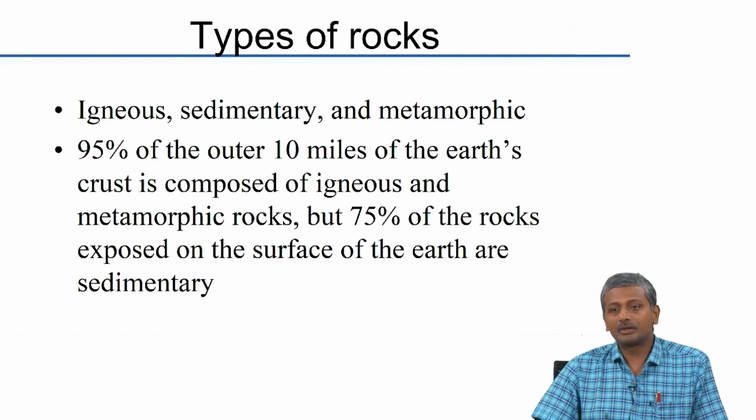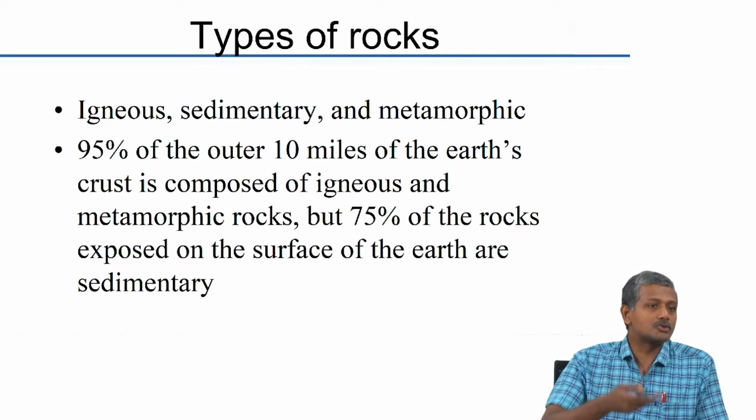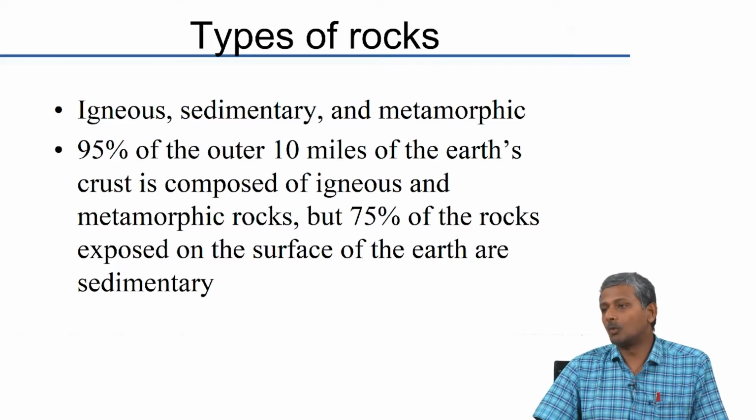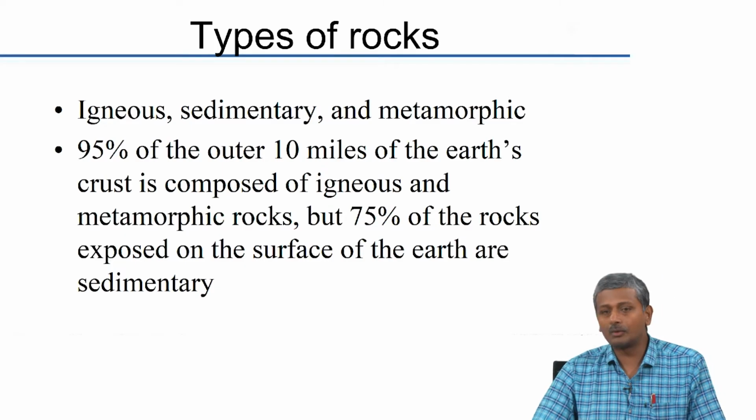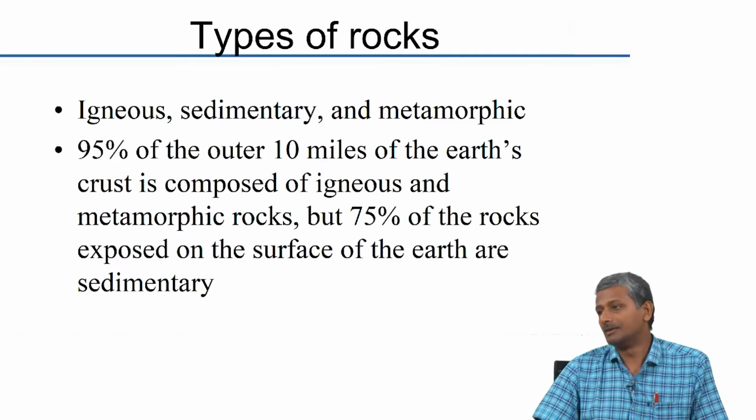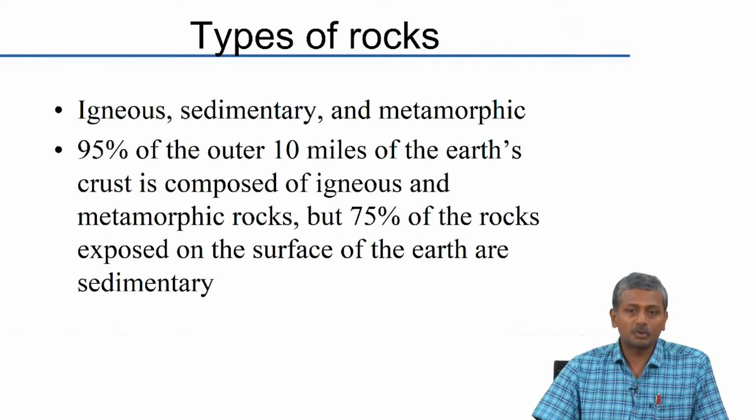So, you can imagine that when you are actually extracting from close to the earth's surface, you are mostly going to get sedimentary rock. If you want igneous and metamorphic, you need to actually dig down deeper. For example, for granite, you need to have a quarry that goes fairly deep to actually extract it. Limestone, you may be actually getting surface limestone mostly, because mostly what happened is limestone and dolomite formations were